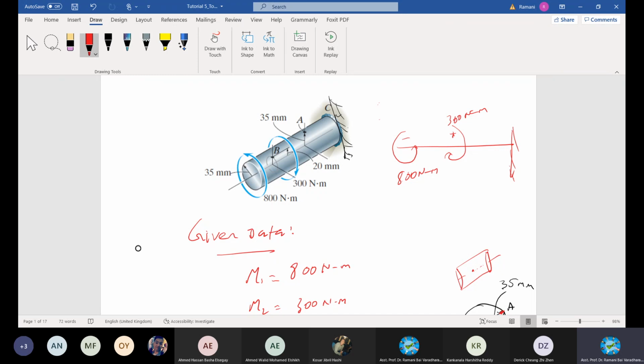Coming to the point, our points are here, B and A. In the cylinder, B is supposed to be somewhere here, and A somewhere here, according to the diagram. If you draw the line sketch or free body diagram, the locations of the points and the moments are like this: A and B. Write it clearly.